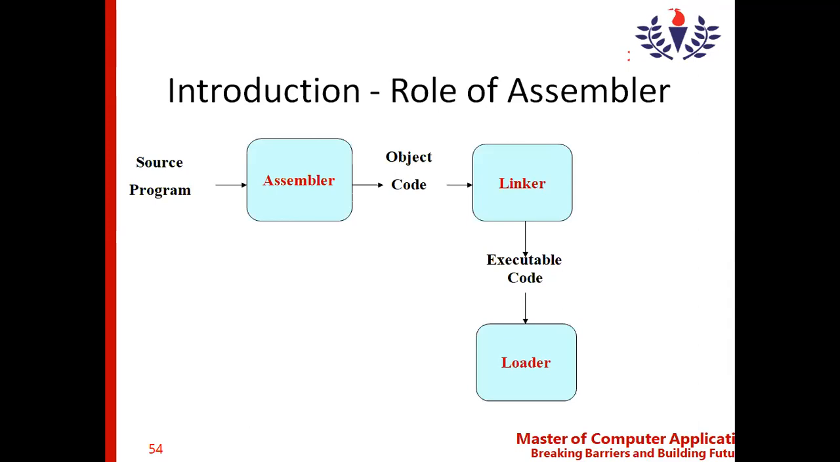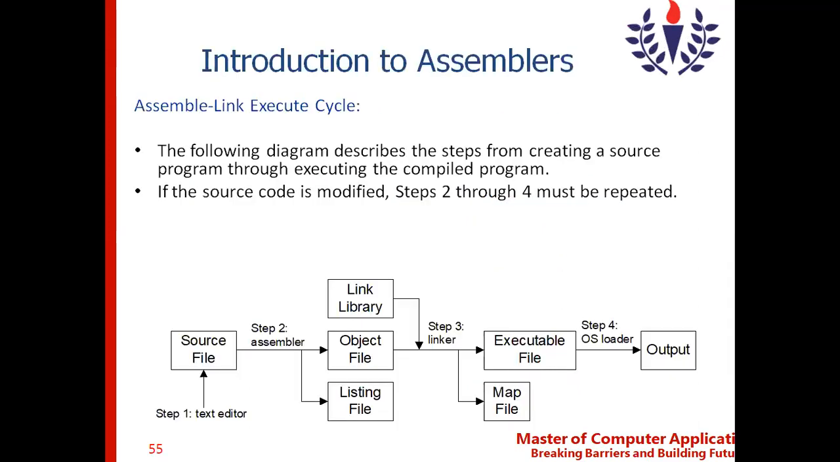The object code is given to the linker. Then it creates the executable code that will be given to the loader. Further, it loads the program and starts the execution. So this is the program lifecycle, the same as given in this diagram. If you look at the diagram, step 1 is creating the source file using a text editor. A text editor is one of the system software using which you are able to create